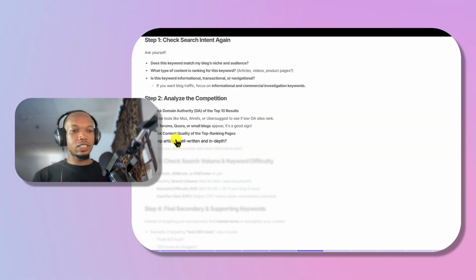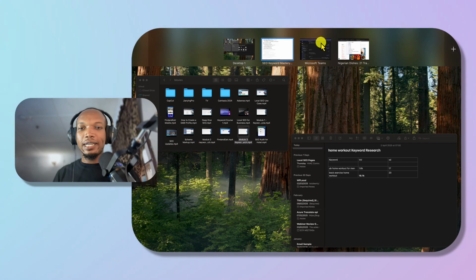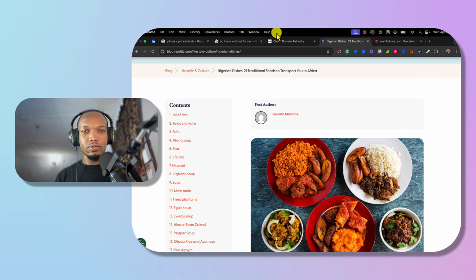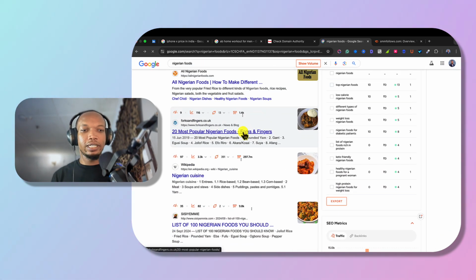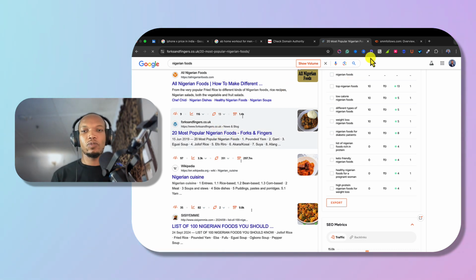Then the next thing is, you check if the articles are in depth. What it looks like over there is in depth, because if you see here, they are quite deep with their linking. If you see here, okay, this one is 2029. It's still ranking, still getting traffic, 2029. Let's see what that guy is doing.